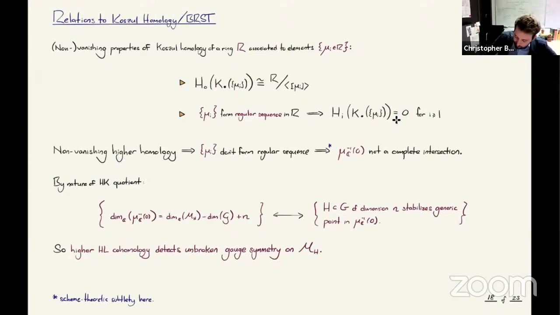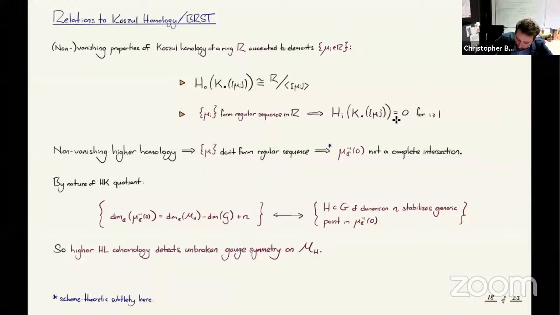Roughly speaking, when you get these higher cohomology classes showing up, it's related to the failure of the moment map ideal to give you a complete intersection in your original construction. And because of the way the hyperkähler quotient works, the failure of the complete intersection criterion on the moment maps pairs with a failure of the G orbits to be full dimensional. And so you get a positive finite dimensional stabilizer of the G action on the zero set of the moment